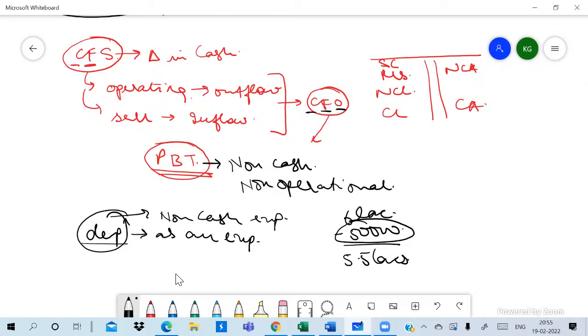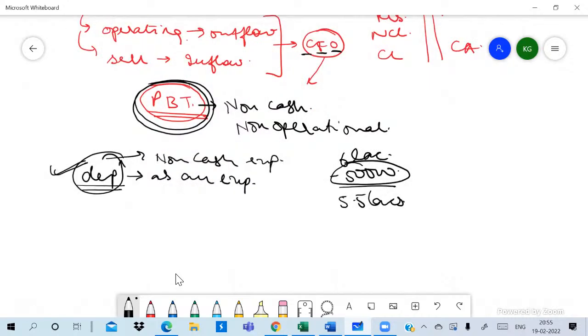So this depreciation is there in my profit and loss account. So when I made my profit and loss account and I got my profit before tax, this profit before tax would have been impacted by this depreciation, which is a non-cash expense. So I'll have to adjust for this non-cash expense. Similarly,